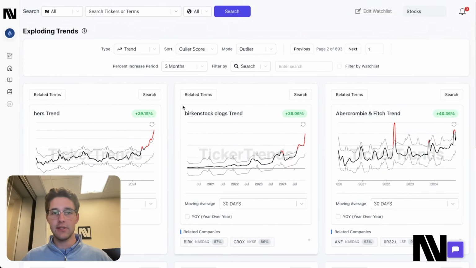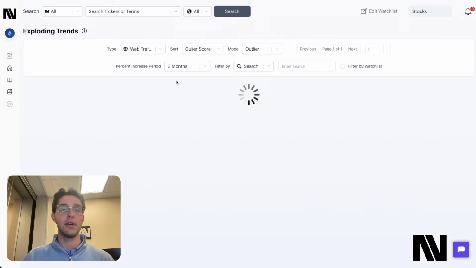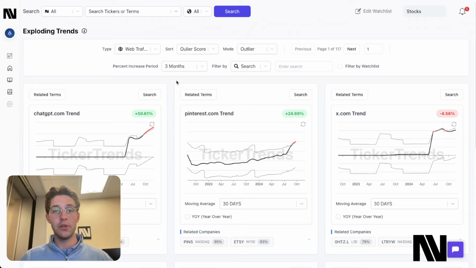So I can do different things like this, which is looking at the corpus of data of the different data types, whether it be web traffic, whether it be Google Trends.